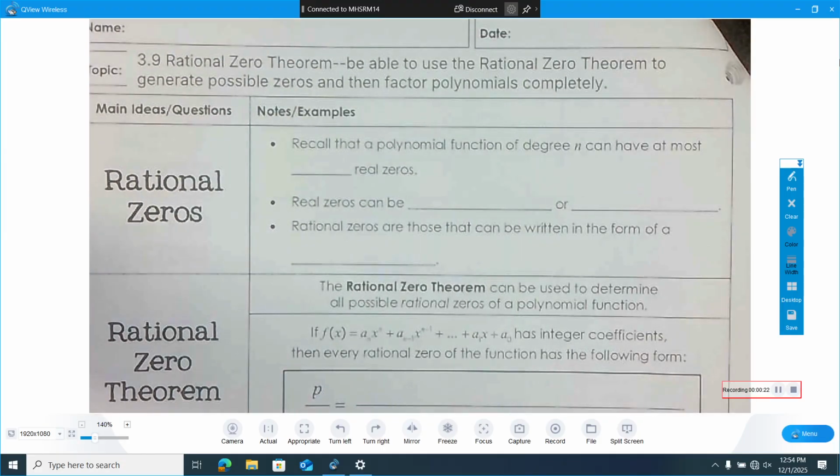rational zeros theorem, which I have to say, this is the first year I've taught using this material, and so every year I go through and edit and refine stuff to make it a little faster, a little less monotonous. This is one of those things where I'm like, why do we still teach this? Because we have calculators. But it is kind of handy, and once upon a time we didn't have calculators, and at some point there